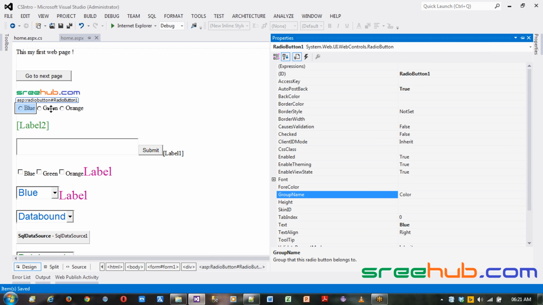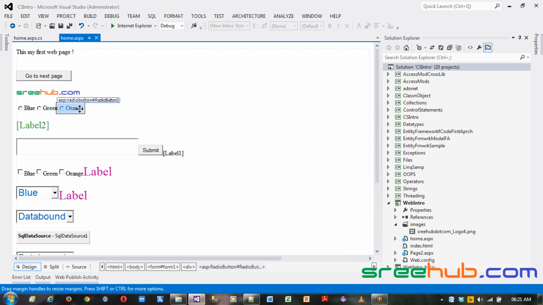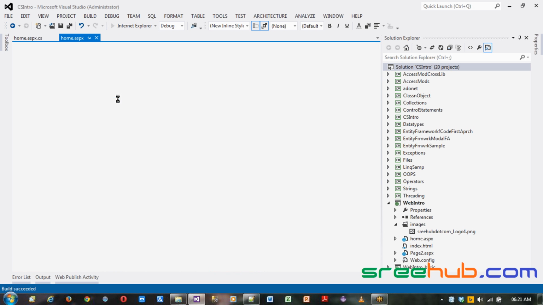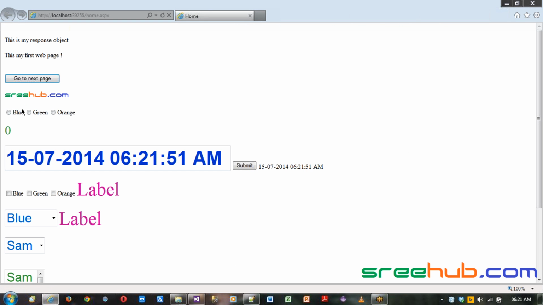Now these three are related because they come under the same group, called your color. Right, now let's run this and see the behavior, and then we'll get back to the event trigger. Now you can see I select both, right? Now in this postback happen, now I can select green, you can see the video movement is happening,